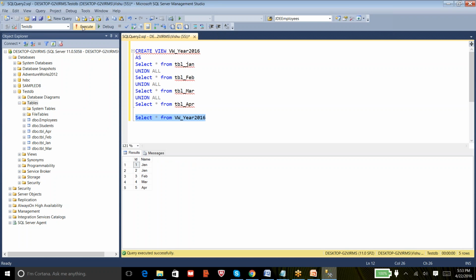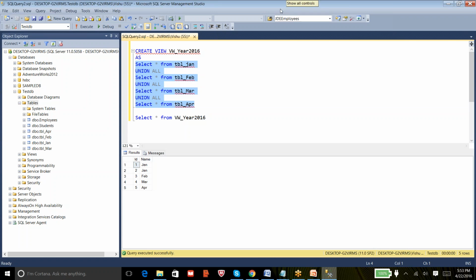So what actually happens is, when I execute this query select star from view name, it actually executes this query at the backend and gets the results to the user, but still the user doesn't know. So this is the advantage of views.